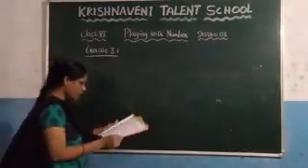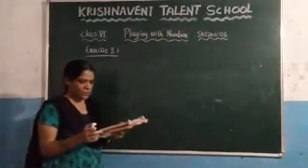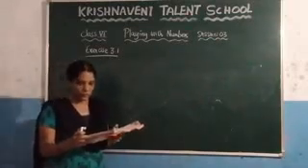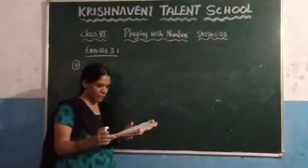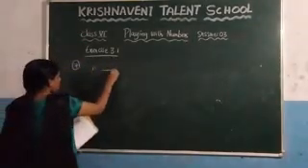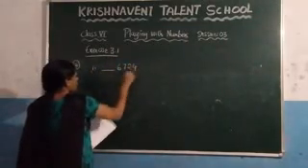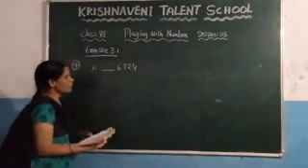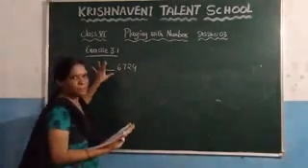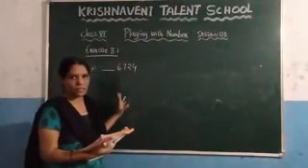Seventh question. Here, write the smallest digit and the greatest possible digit in the blank space of each of the following numbers so that the numbers formed are divisible by 3. Here, 3 questions are given in the 7th question. In the first question, I am solving. What's the question given here? 6, 7, 2, 4. You need to check whether this number is divisible by 3 or not. Here you have to fill this blank by considering the smallest digit and the greatest digit.